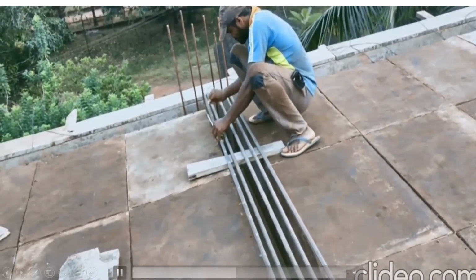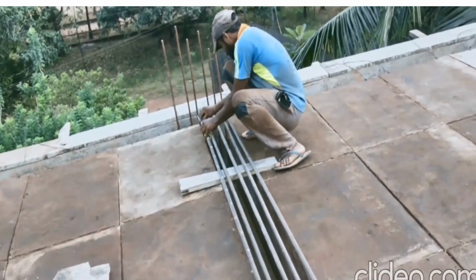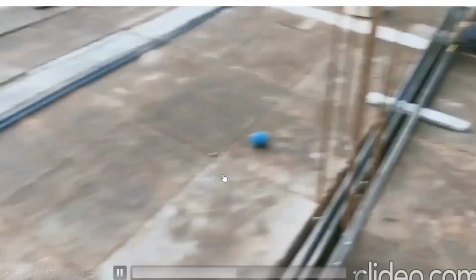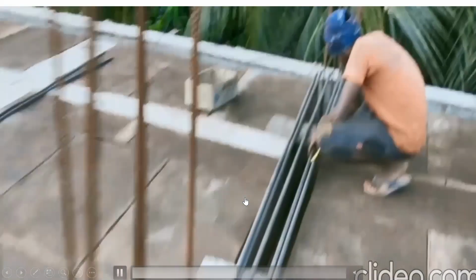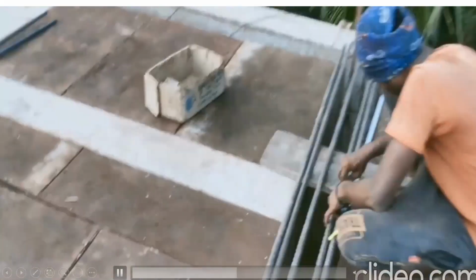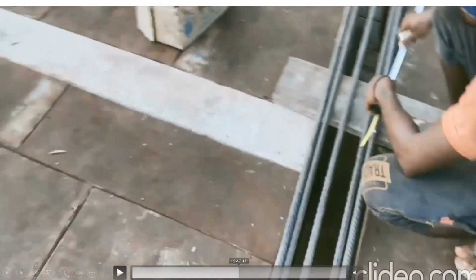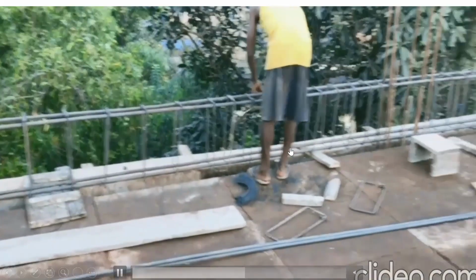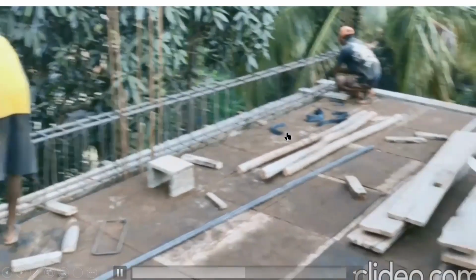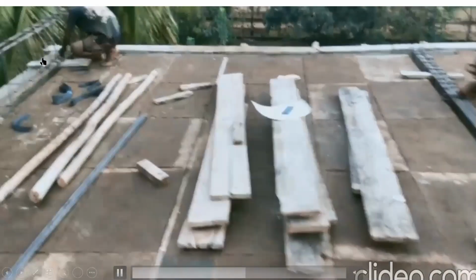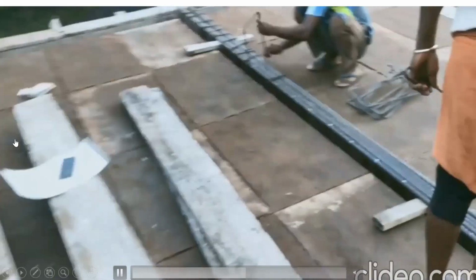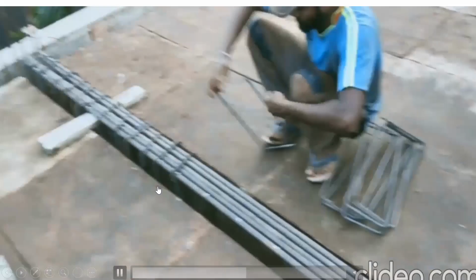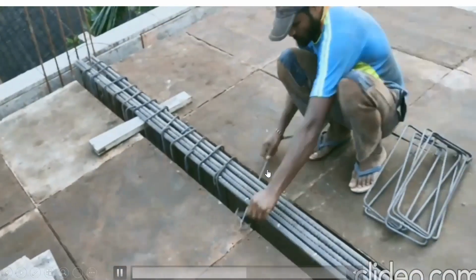The same procedure holds good for all the beams that we are going to do. This is the procedure we follow. Everywhere we have to do the marking. Looking at the drawing, we'll do the marking. I'll go forward a bit. Once that marking is done, here they have almost finished that beam which we saw, right? Now you can see the two bars in the top and two bars in the bottom, and you can see the stirrups over there. Here again the same procedure is followed. Wherever we have done the marking, there we are going to place the stirrups.